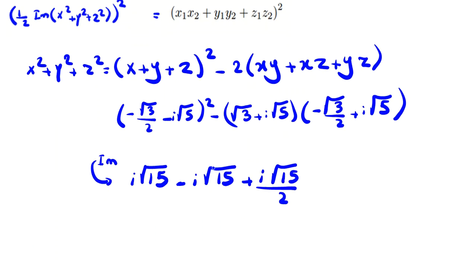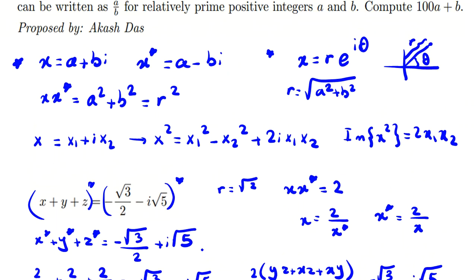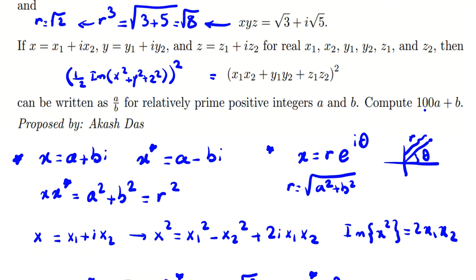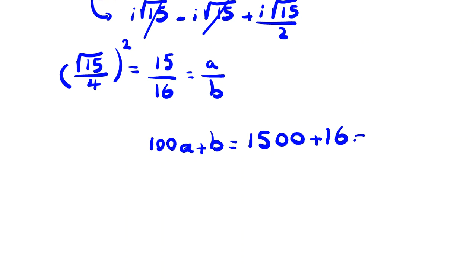Now, here we can see they will be cancelled like this. So the imaginary part will be what? Root 15 over 2. We also have the 1/2 here. So it will be root 15 over 4. And we have squared here, so it will be what? 15 over 16. So it is a over b, and they are relatively prime numbers. And the problem says what? 100a plus b. So 100a plus b will be what? 1500 plus 16. So the answer is